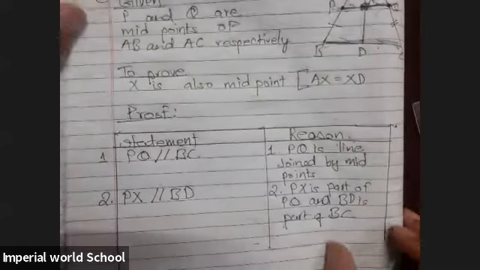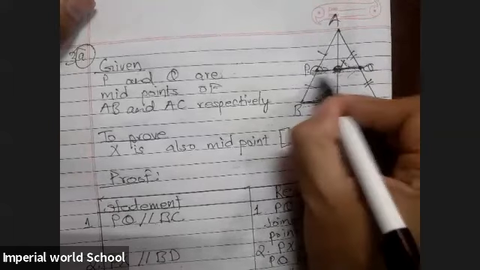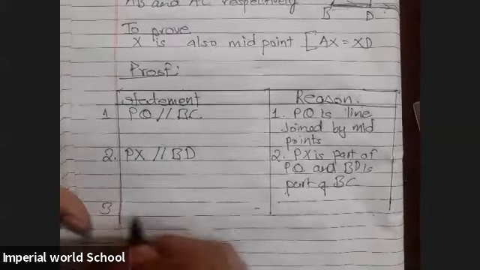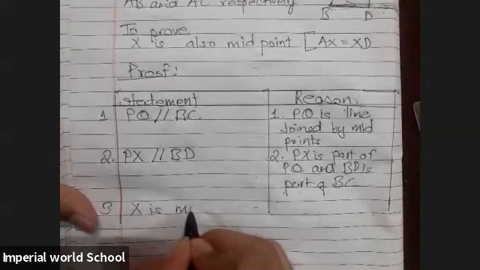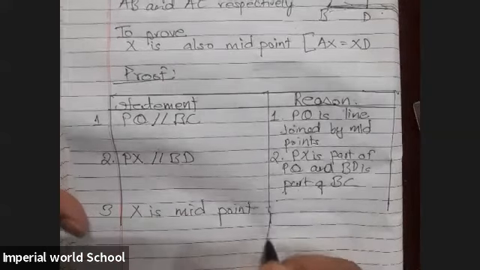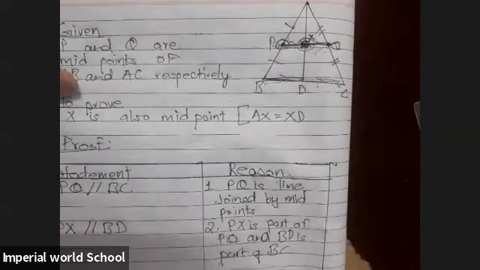Now X is going to be the midpoint. See, P is already midpoint. If this is midpoint and this is already parallel, then this X is definitely going to be the midpoint. So now in third statement, you can simply write X is midpoint. Now what is our logic? Why X is midpoint now finally? Because the reason is because P is midpoint,